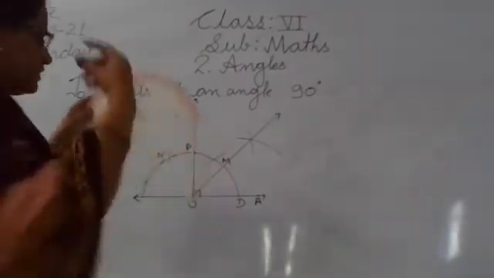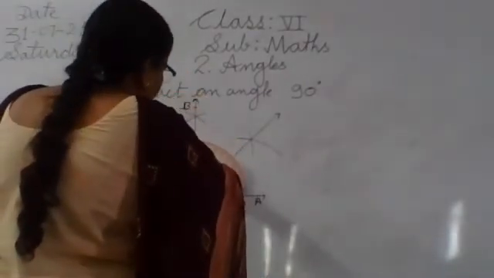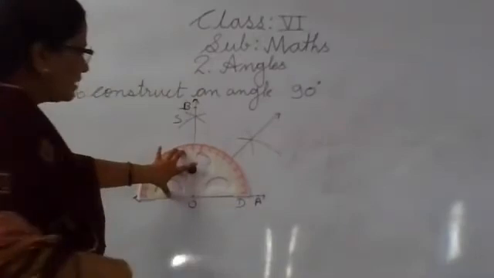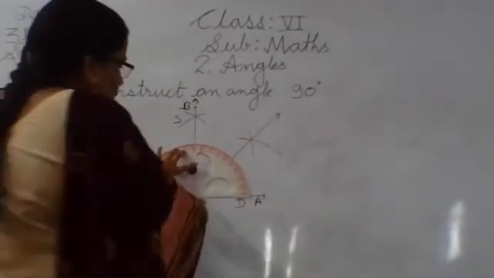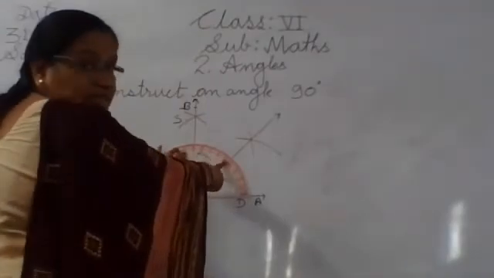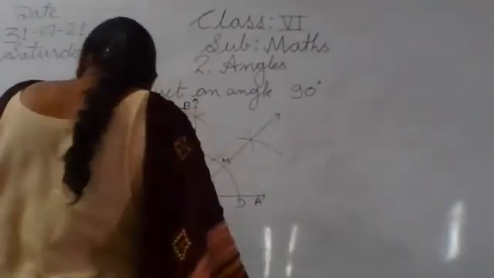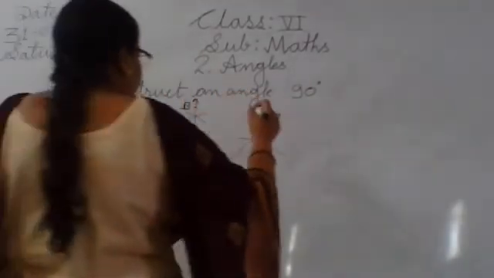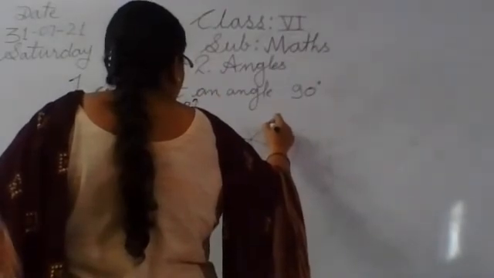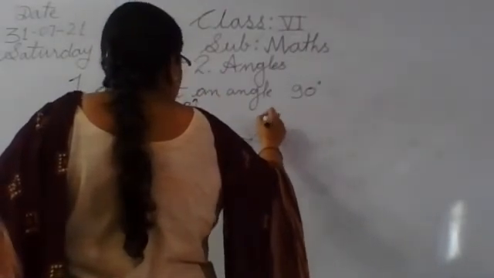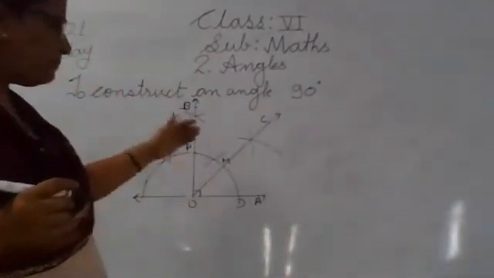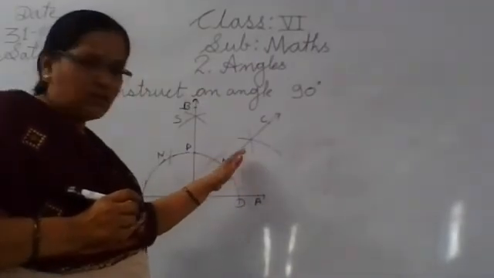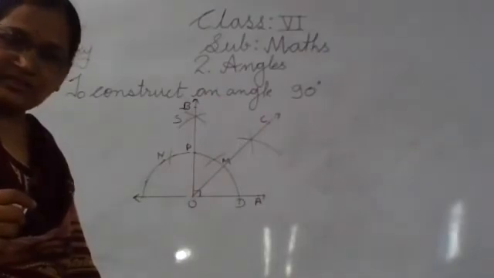Now see, let us measure whether it is 45 degree or not. So with the help of protractor, we will measure. Now place the center on the point O and match baseline and the ray OA. Now see beta, see, it is exact 45 degree. Okay, so in this way, you can construct. So here we will give a name. Now see children, what happens if you bisect this 45 degree? Further bisection, you will get an angle of 22.5 degree.